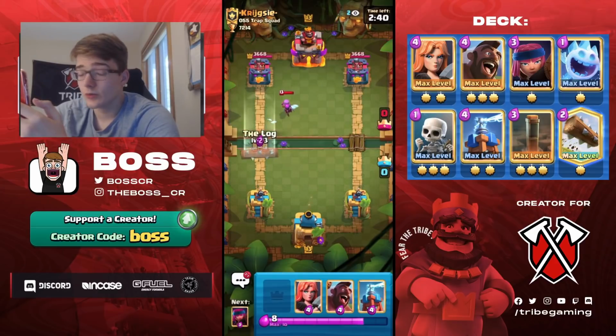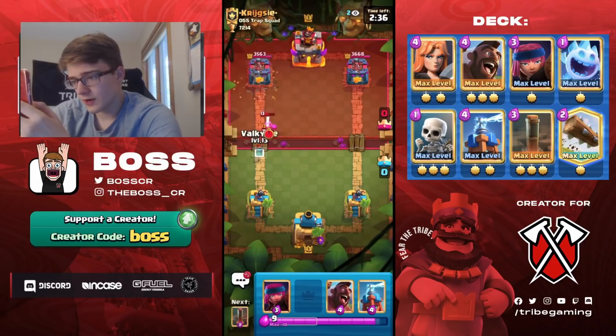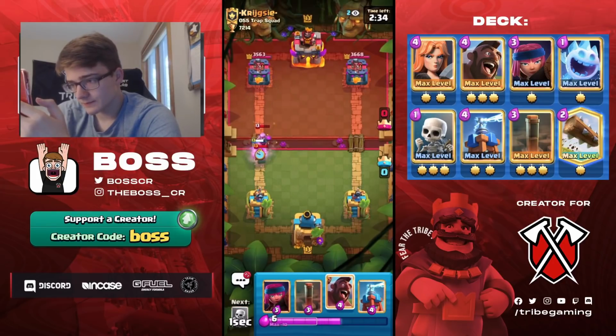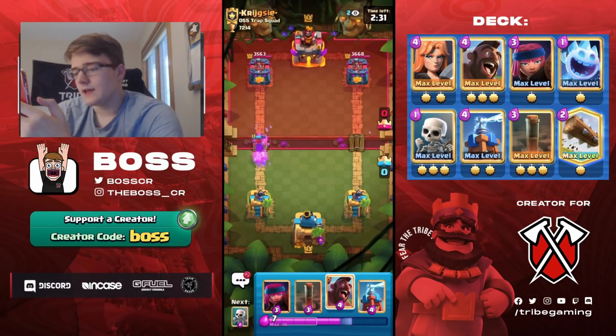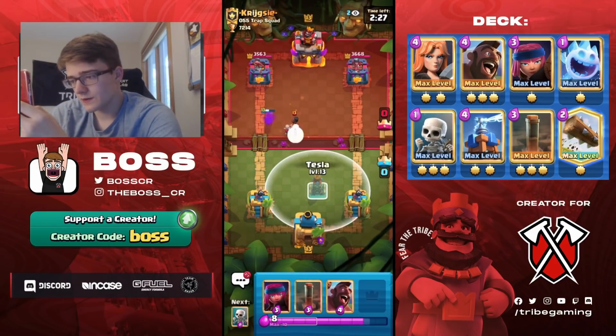Mother Witch comes out. Are we going to play against RG Mother Witch again? Maybe we will. RG is so good right now, so a lot of people are using it. We'll go Valk. And he's going to have a bridge spam type deck. So the question is, is it P.E.K.K.A. or is it going to be